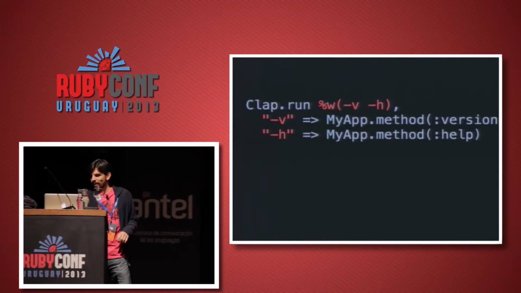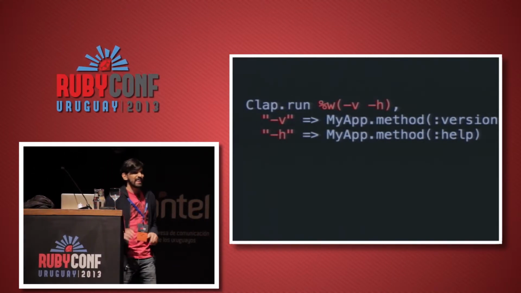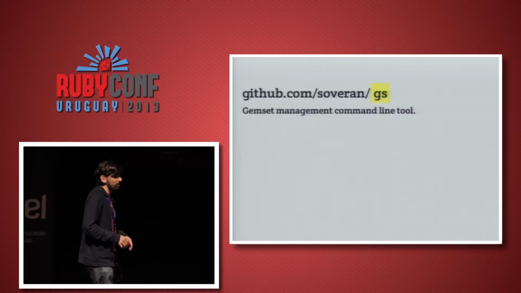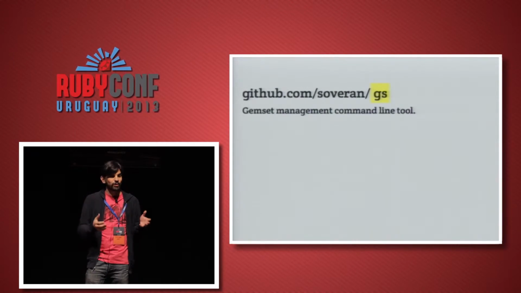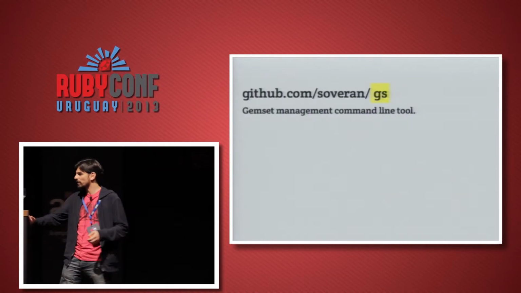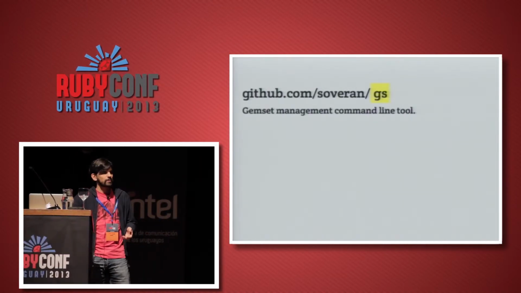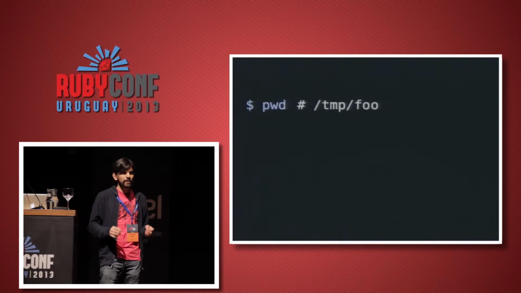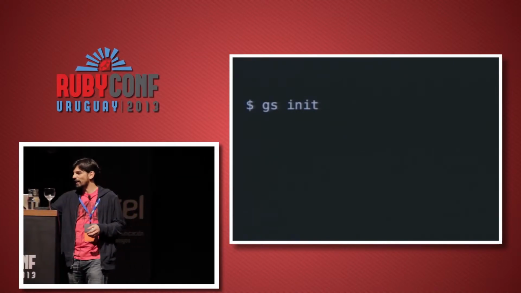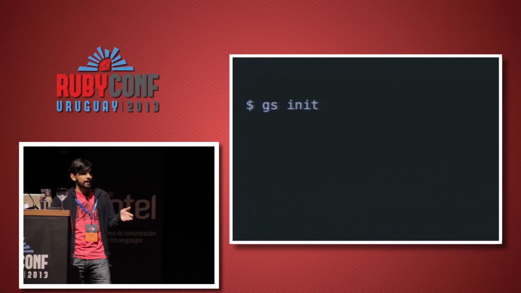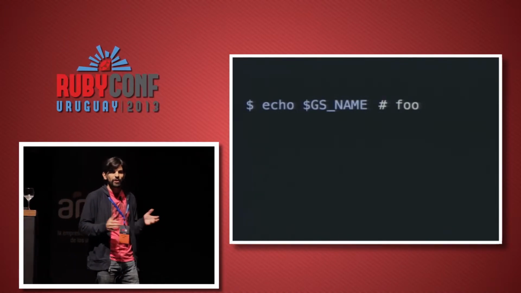The second library that I wanted to show you is GS. Some of you probably heard about GS. Most of you use Bundler, and this tries to isolate the dependencies of a project. So when I start a project, for example, I have a foo project, I create the directory, and I do an init, a gs init. And this gem set declares a couple of variables, GS name, and it will tell me in which